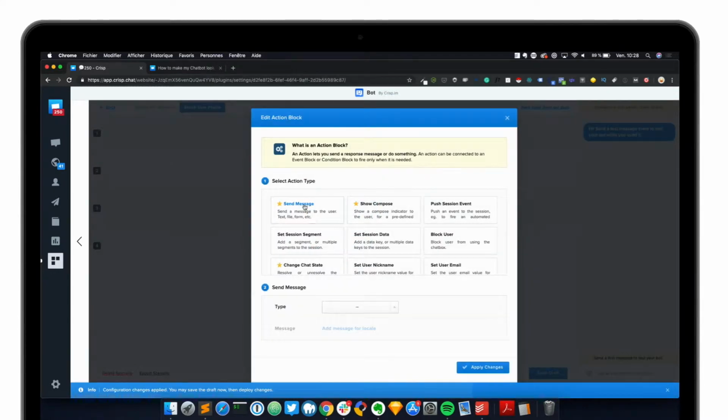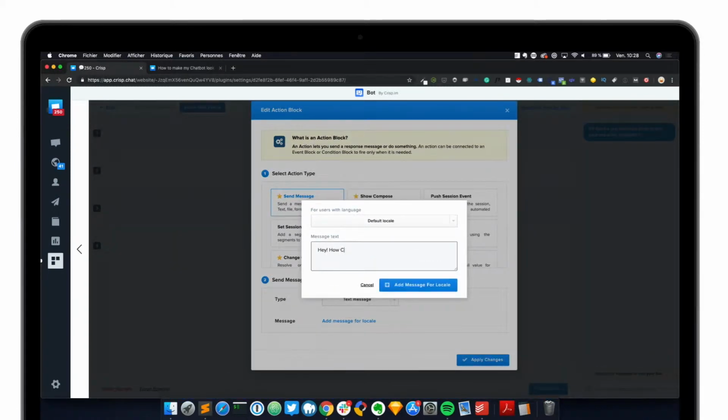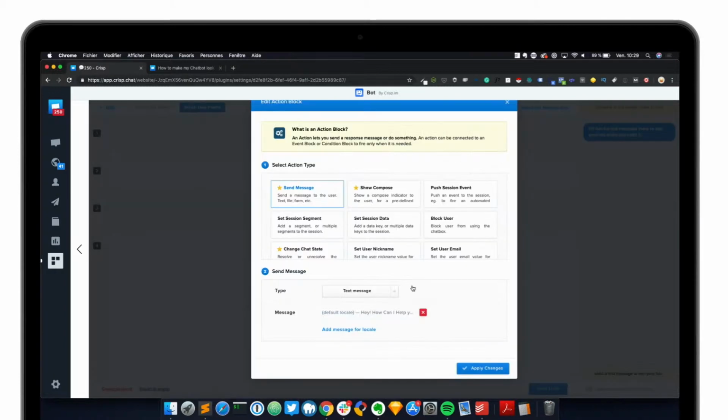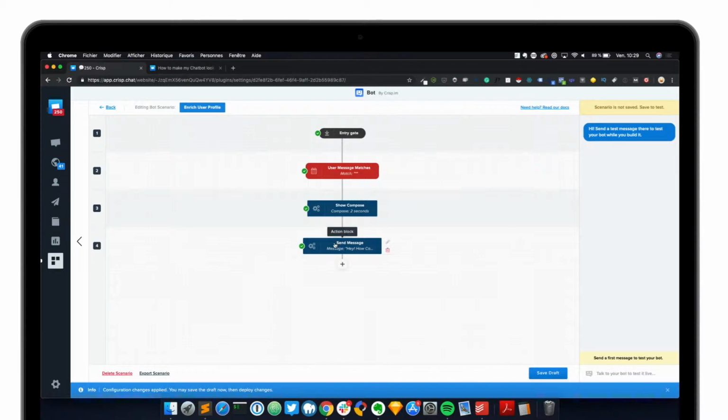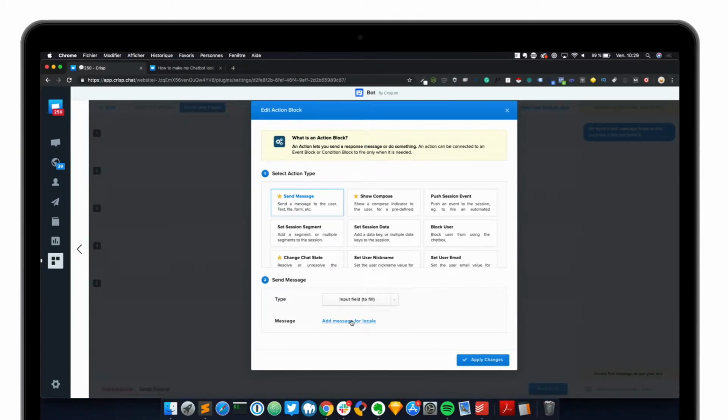Then add a message saying, hey, how can I help you? I'm Crispy, the chatbot here at Crisp. You apply change. Then you add another action which will be an input field because we want to enrich the